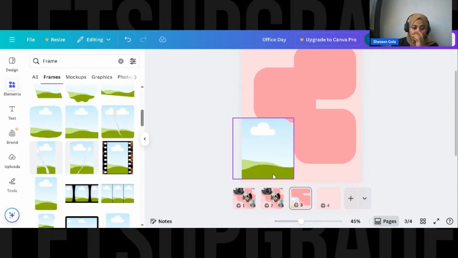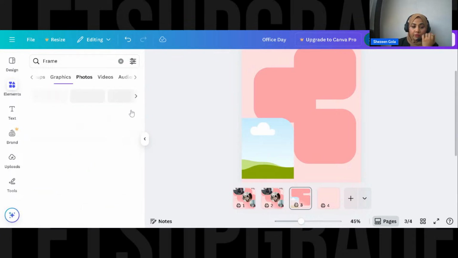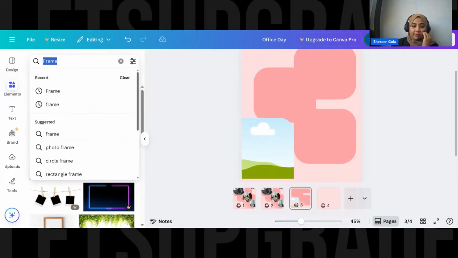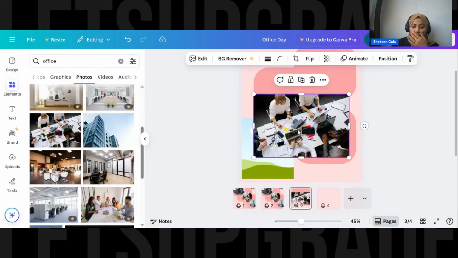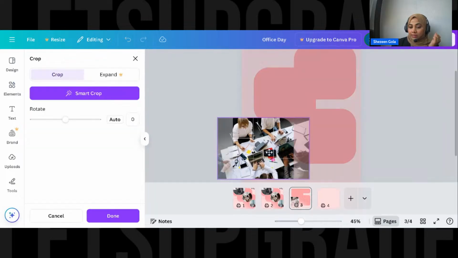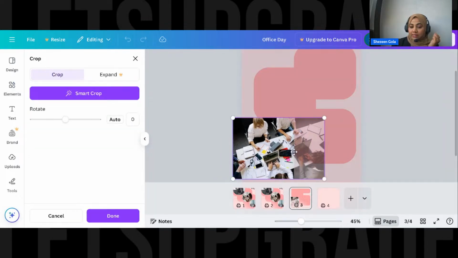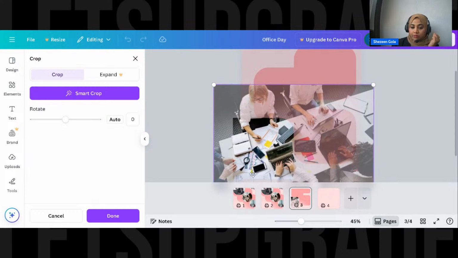Now let's go here in all, go in photos, and we had typed office. Okay, just drag and put it inside. Now double click it. You can resize it, zoom it, however you would want.